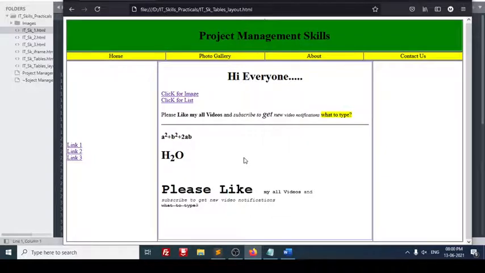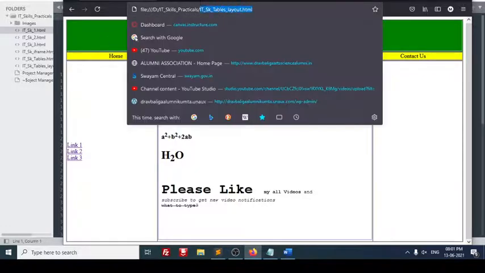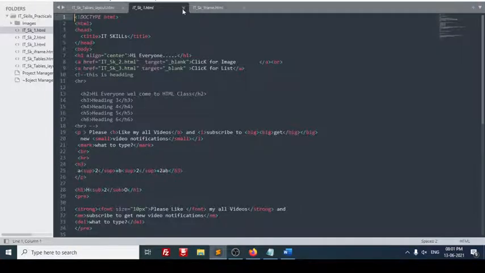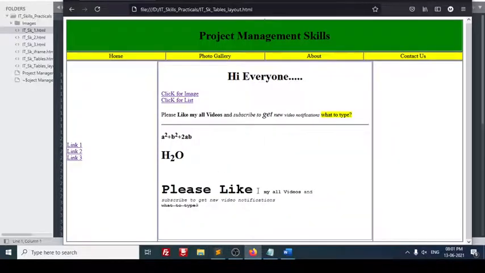Correct? This is the use of iframe. You can extract a web page or HTML page within an HTML page. This is what web pages usually use, isn't it? So you can use the iframe. Suppose you want to modify these contents. You should not touch this layout.html page. What you have to do is modify this page, which one? itskills1. I will just change it and demonstrate it to you.